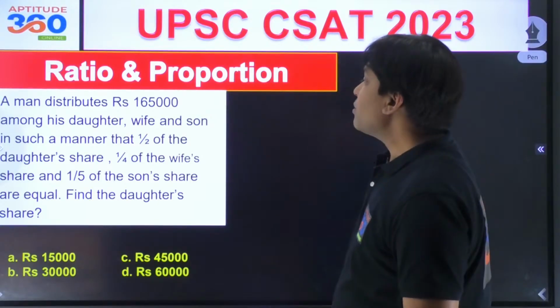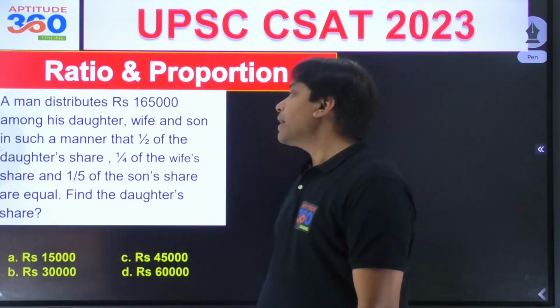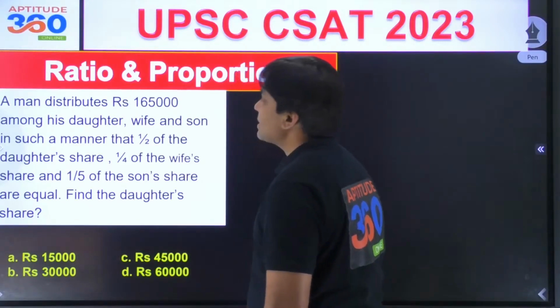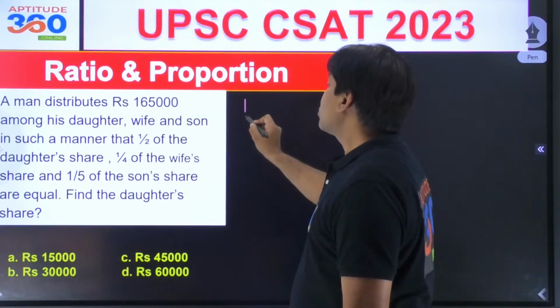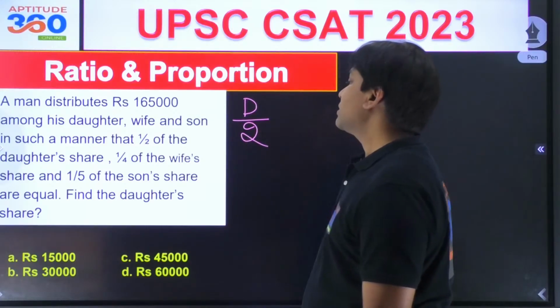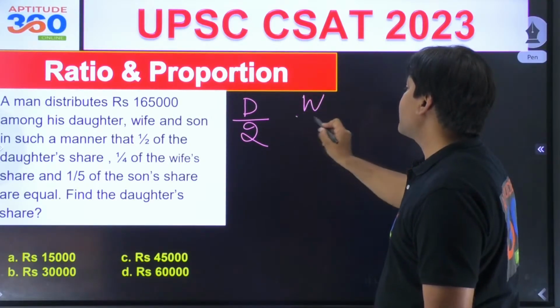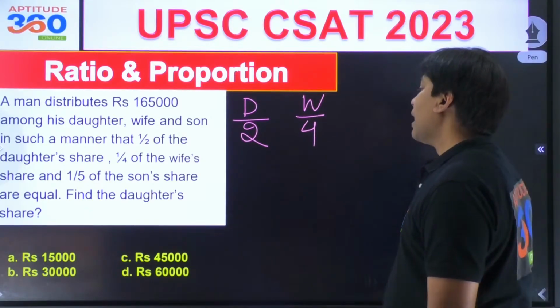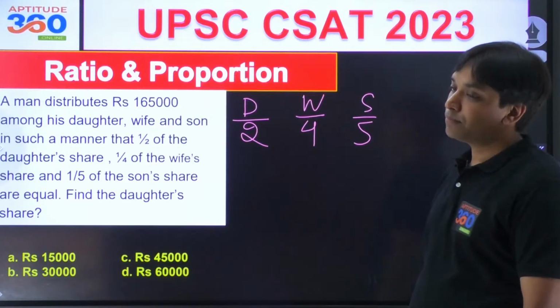A man distributes 1,65,000 among his daughter, wife, and son in a manner that half of daughter, 1/4 of wife, and 1/5 of son. These values are same. यही प्रॉब्लम कह रहे हैं।